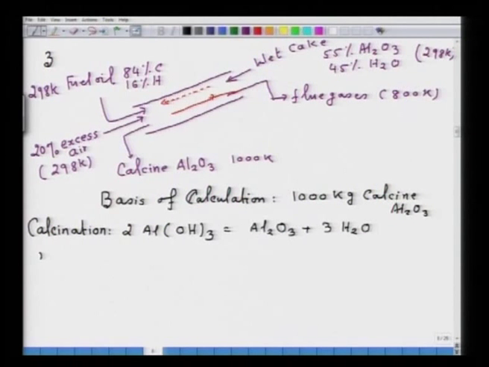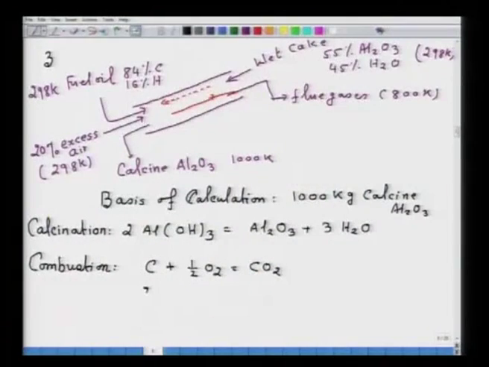Then we have combustion reaction. And combustion reaction is C plus O2, that is equal to CO2. Now, remember, if nothing is given, then always assume there is a complete combustion, and the products of complete combustion are very clear. Carbon is CO2, H is H2O. So, 2H plus half O2, that is equal to H2O. So, we have assumed complete combustion.